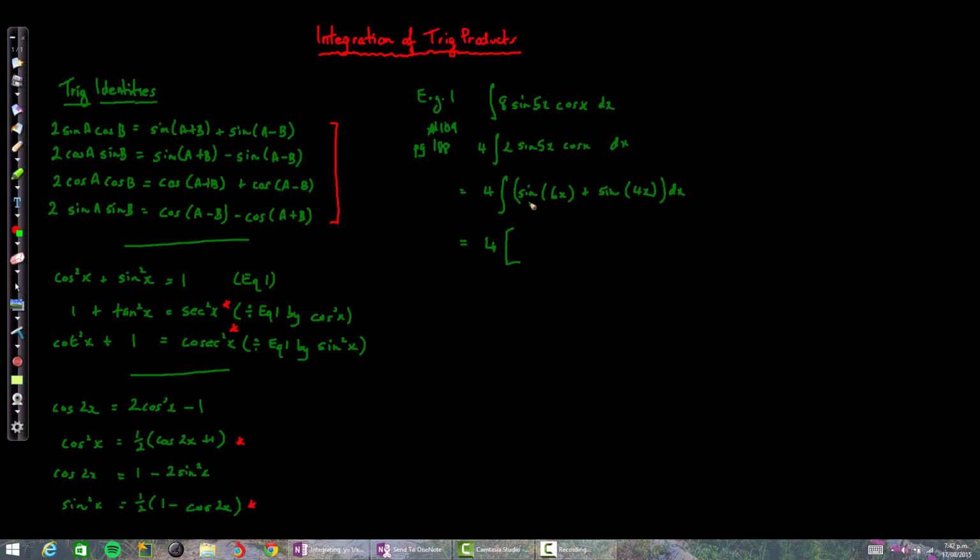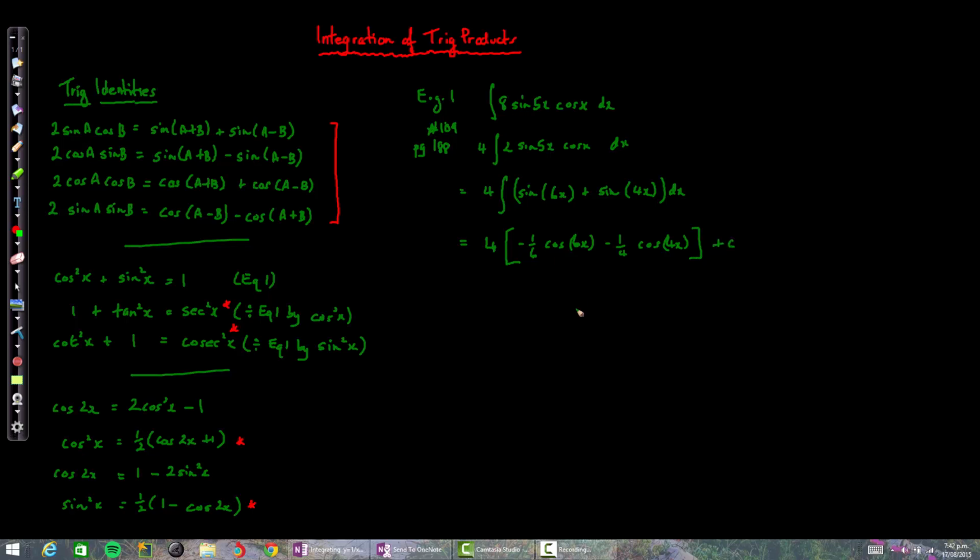Now integrating a sine function is going to give negative cosine, and because of all the work that we did on integrating sine functions, I hope you can see that this will give negative 1/6 cos 6x, and this one here will be negative 1/4 cos 4x, okay, for the two integrals of each of these here,